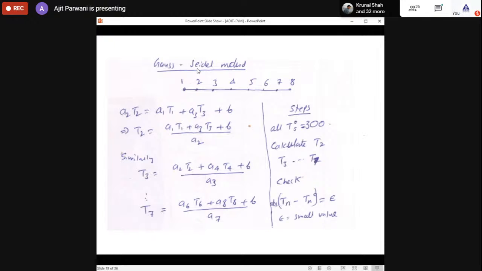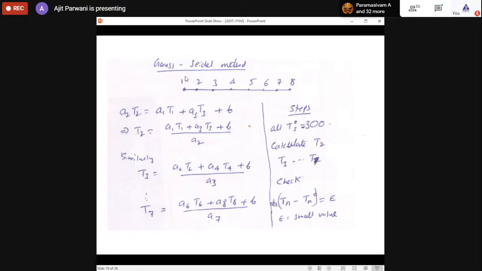What is this Gauss-Seidel method? First, we have n number of equations. Suppose we have 8 grid points in a domain, where 1 point and the 8th point are the boundary points, and normally these boundary point values are given to you. Then we have to make the equations for the remaining grid points like 2, 3, 4, 5, 6, 7. So with the help of this finite volume method, we form the equations for 2, 3, 4, 5, 6, 7. So these are the equations that we will get.